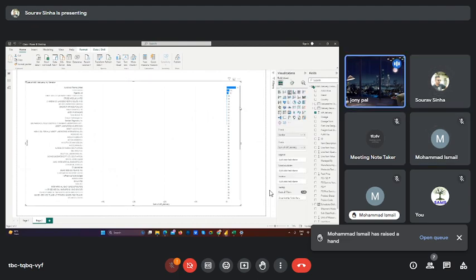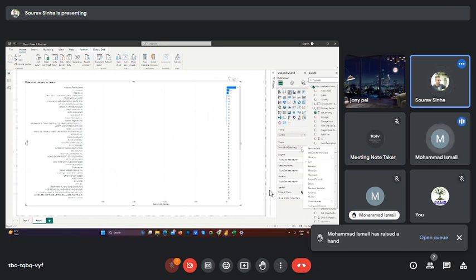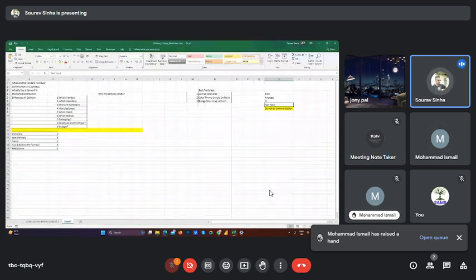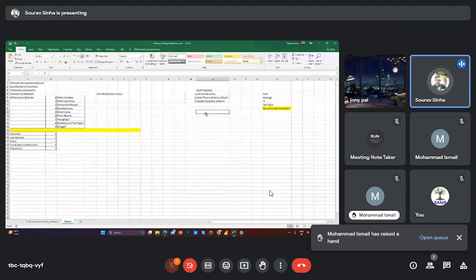So we have to do the average. Yes, we have to do the average. Average of what, sir? Average of difference of delivery. Okay. Now ask yourself what should be the correct measure. My question is which vendor is giving us the maximum difference in delivery majorly. So if I take the average,